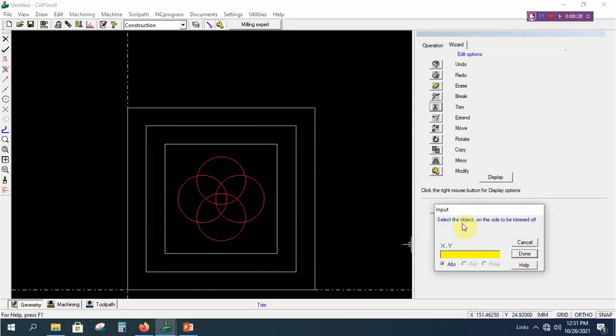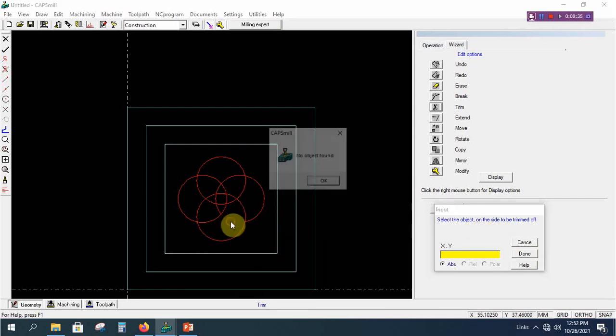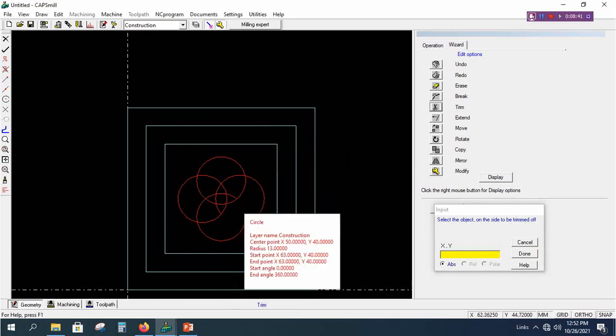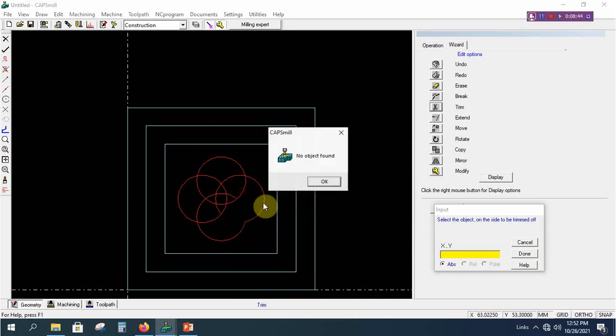Now it is asking which portion to be deleted. Select on the line. Slowly we can trim one by one.